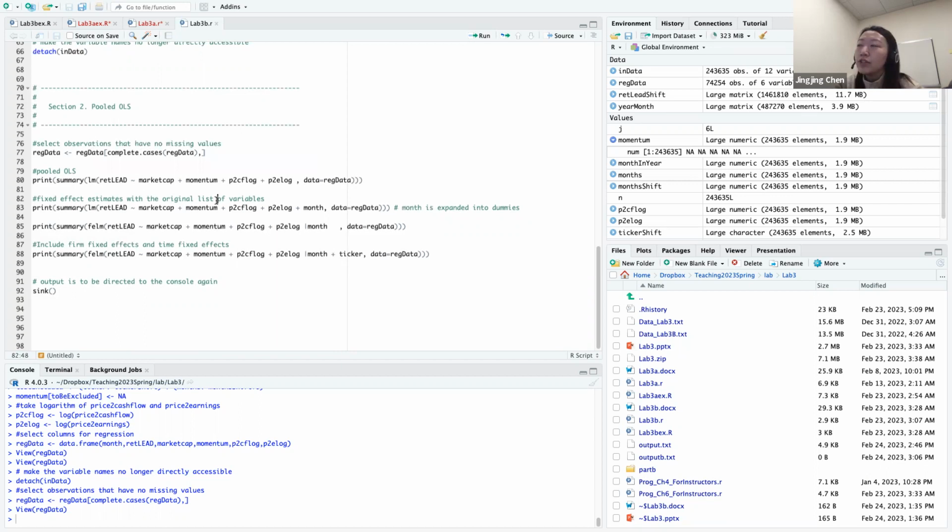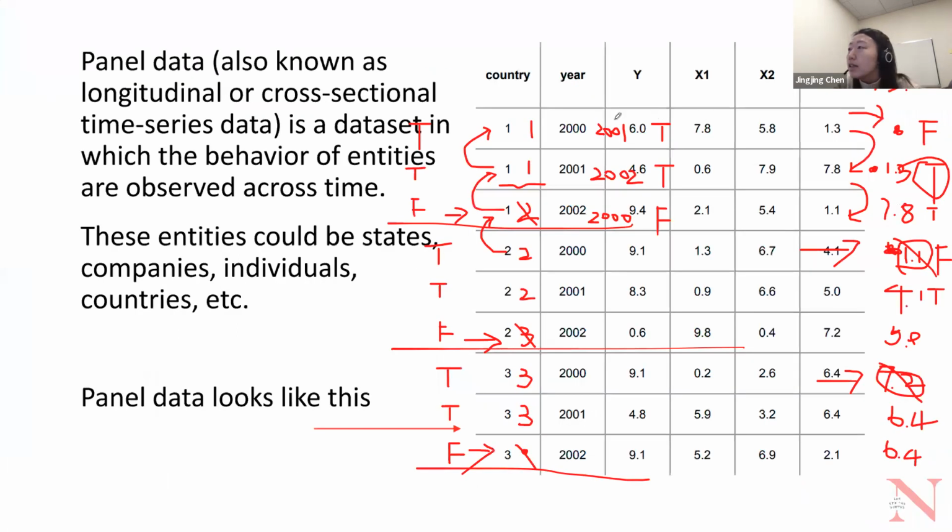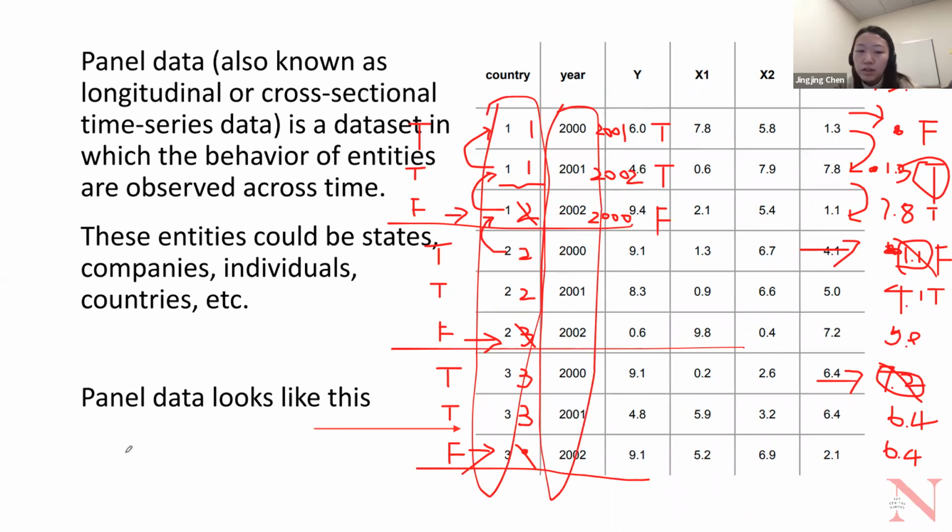This is always an issue when you have panel data. When we have panel data and you run a pooled OLS regression, your regression will treat the y variable as one series and the x variable as another time series, so it wouldn't recognize that these